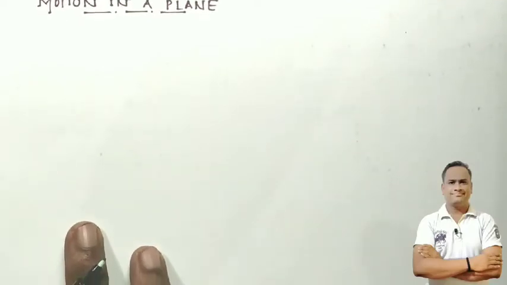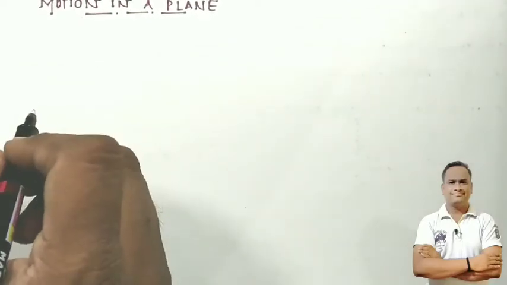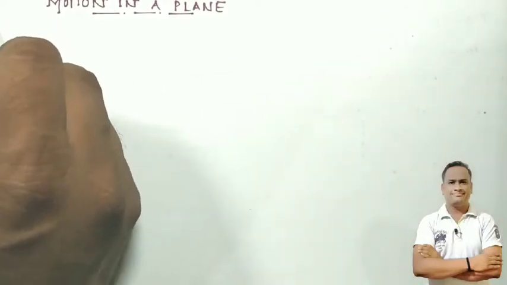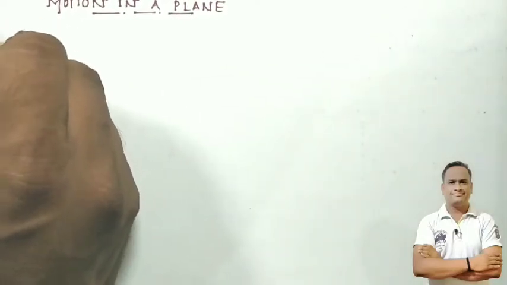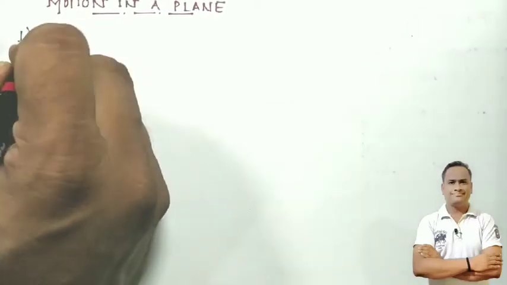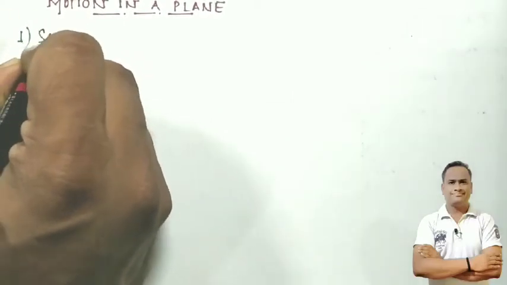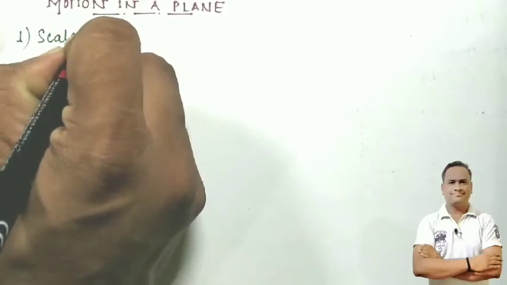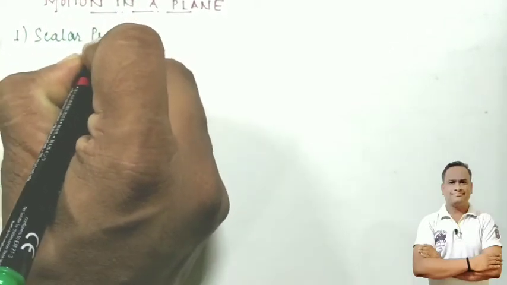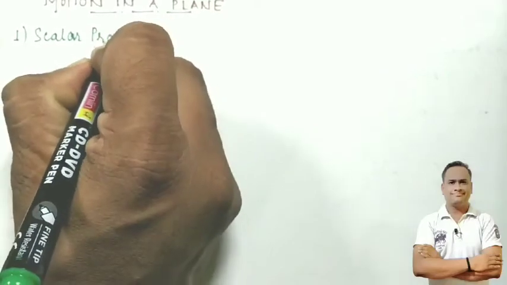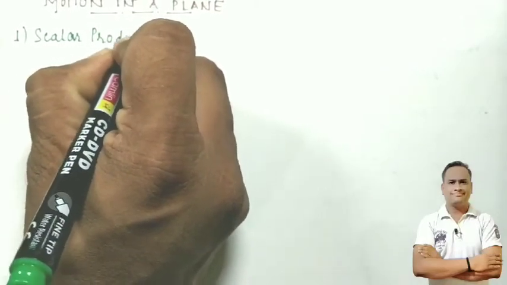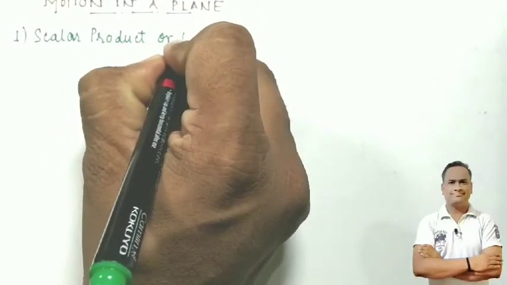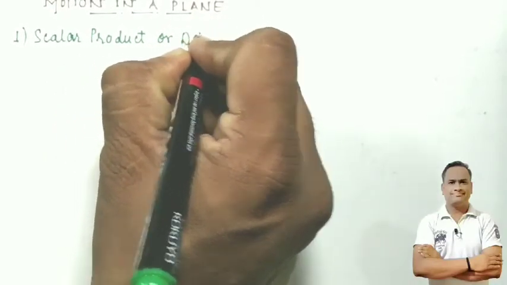Already we know that there are two types of multiplication. The first procedure for carrying out the product is the dot product, which is also known as the scalar product. So students, what do you mean by the scalar product and what do you mean by the vector product? One by one I will give you a glance. I will give you the idea how to memorize what the scalar product is and what the vector product is.